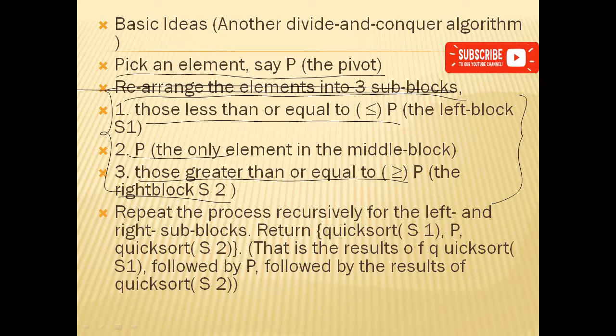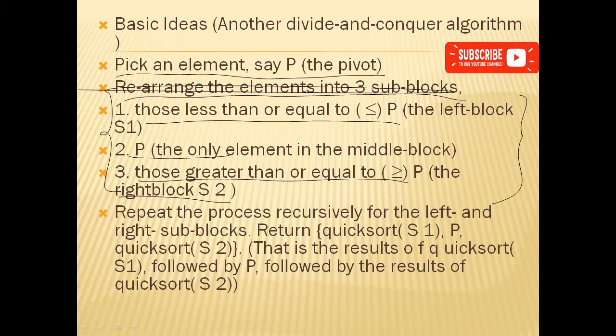Then what do we do? In the process, the elements which are less than the pivot element are found on the left-hand side, and the elements which are greater than the pivot element come on the right-hand side. Then the left-hand block is taken separately, and the right-hand side is taken separately. For the left-hand block, we again find one pivot element, and we process the same for the right-hand side also.